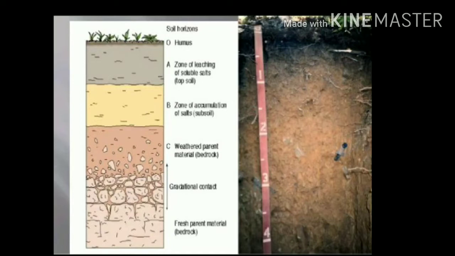Just see, the outermost horizon is generally dark in color as it is rich in humus and minerals. The humus makes the soil fertile and provides nutrients to the growing plants. This layer is generally soft, porous and can retain more water. This is called the topsoil or A horizon, or here it is given as the O. Okay, meaning O to A. We can say this one is the topsoil.